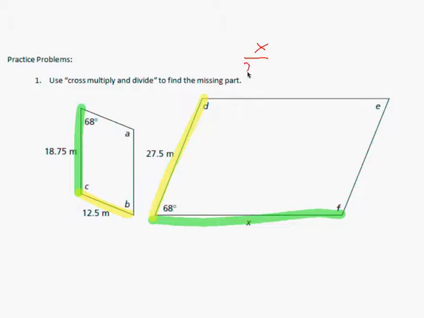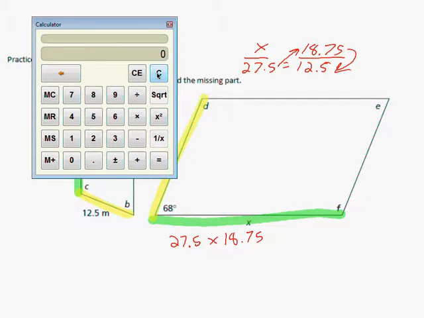And I can go ahead and make my proportion. So x over 27.5 equals 18.75 over 12.5. I'm going to cross multiply and divide. I'm going to use my calculator again, but I'm going to write exactly what goes into the calculator. So first up is going to be 27.5 times 18.75 equals